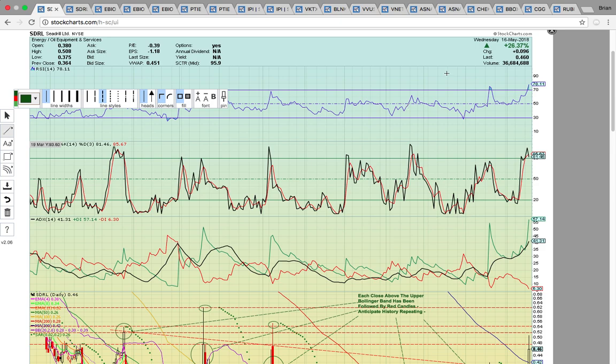Okay, so first up we're going to take a look at ticker symbol SDRL. These are going to be the small caps in this video, and so these are all the penny stocks that we're running today. First up is SDRL. Like I said, closed up over 26% today. Very nice move. Yeah, this was one of our chat plays that delivered nicely, kept pushing up into the close,